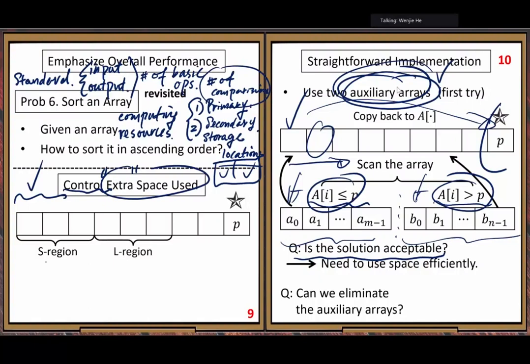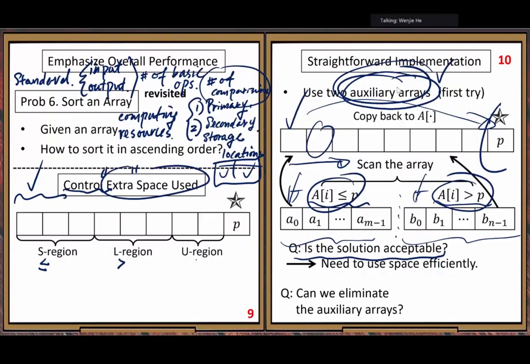For example, S region, that means smaller or equal to P. L region, larger than P. The values in L region are larger than P. I mean, just put them into different categories. Then there is a U region that we use for unprocessed elements. We haven't done comparisons.